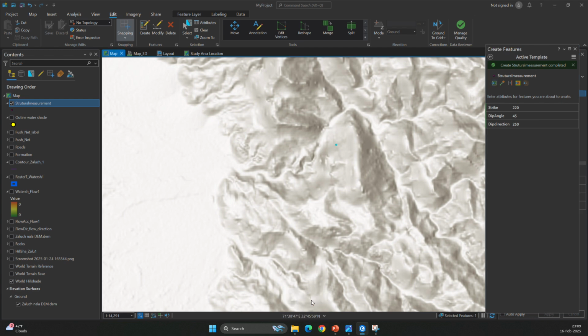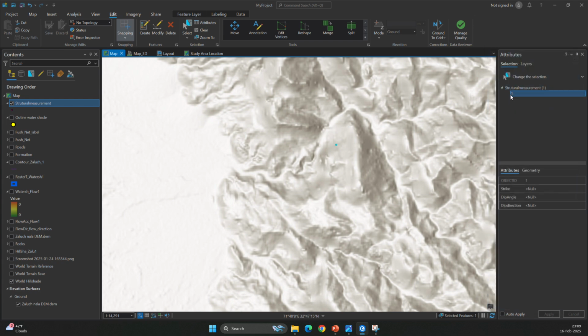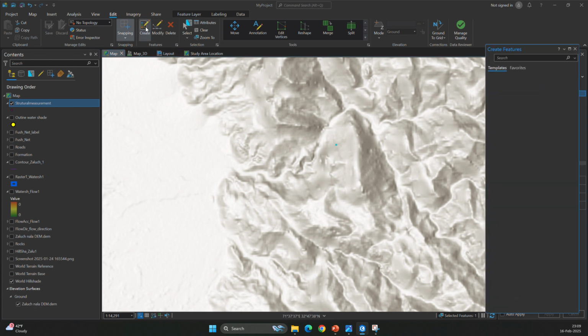And you can click it. So you can create one point. So it also shows the one point is created. Now you can create a second point, in this area,